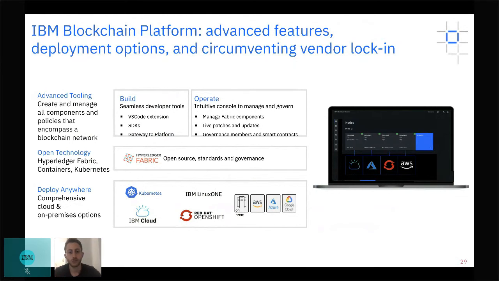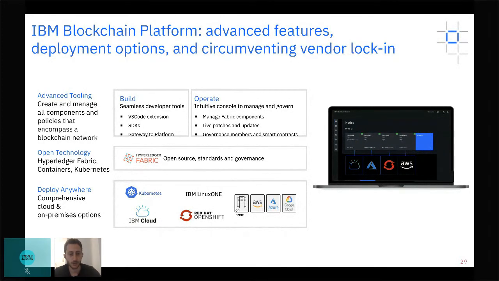And we have tools that help you operate your network. So once you have deployed this big network that may connect all kinds of different entities and incumbents and whoever you're working in your network with, we built these tools to help you manage everything that network entails, from your components to giving you updates and patches when things change and when new features roll out, and everything around governance and bringing together those smart contracts and that application.